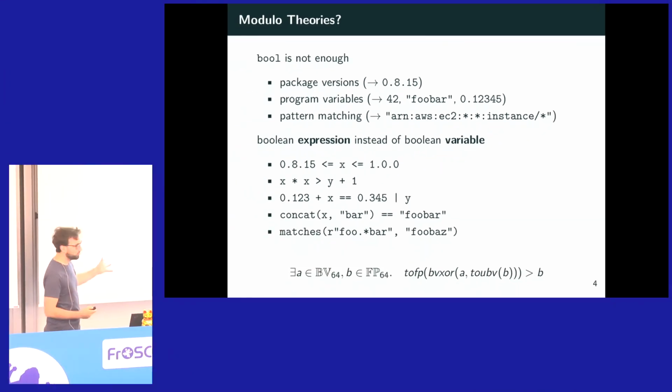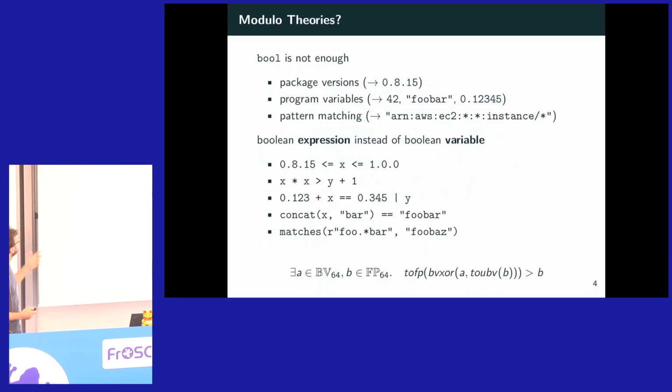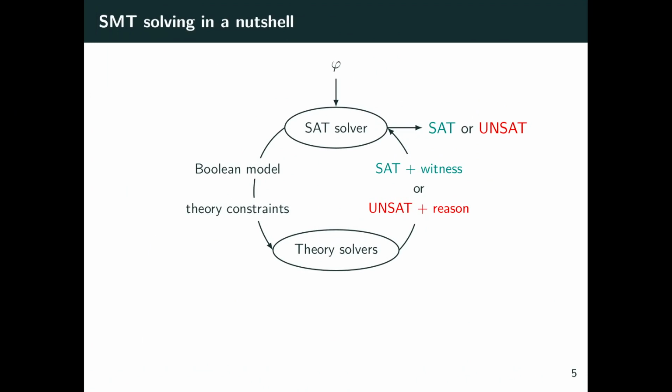And this would be what we call SMT, Satisfiability Modulo Theories, so it's still a satisfiability question, but about theories. And theories would be essentially the data types. So it would be the theory of package version, the theory of integers, the theory of floating point numbers, and so on. So in a nutshell, I always claim I explain how SMT solvers work in a minute, and I always take 3 or 4 minutes, but anyway. So